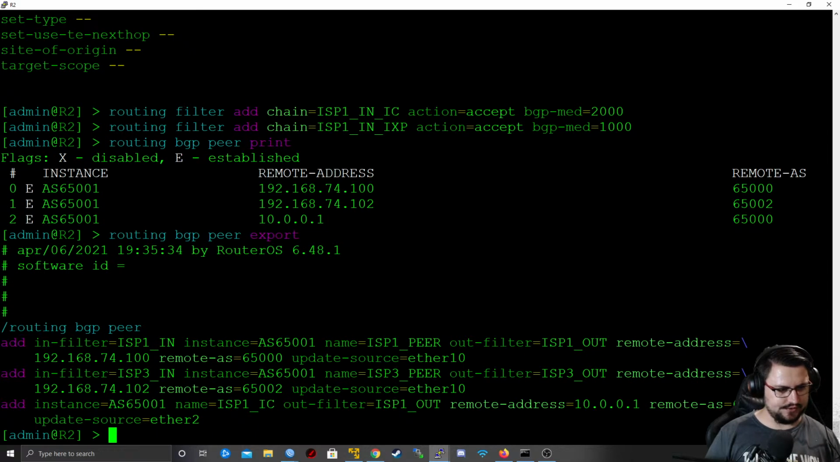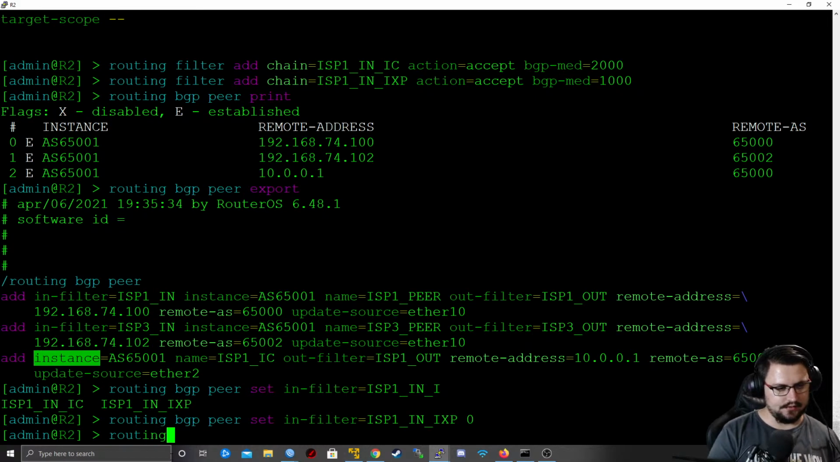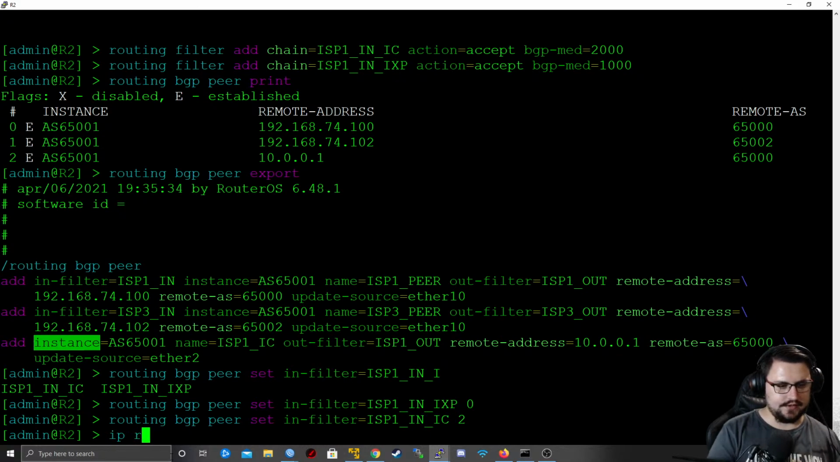So I know this is 0, 1, 2. So for 0 and 2 we want to make changes. So routing BGP peer set in filter. So the first one is via the IXP, so let's just call this ISP1 in IXP, and that's for 0. And then routing BGP peer set in-filter ISP1 in via the interconnect, and that is on 2. So if I do an IP route print now,